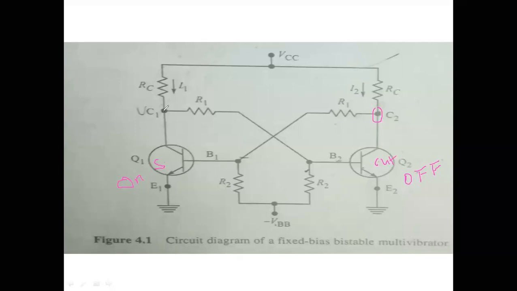if it is on, the output voltage here, let it be at zero level. Once it is on, the output voltage is zero level. When you apply the triggering pulse, it changes its state from 0 to 1. That means while it is going from on to off state, it may go into the active region. In between, it may go to the active region, as we have seen in switching characteristics also.